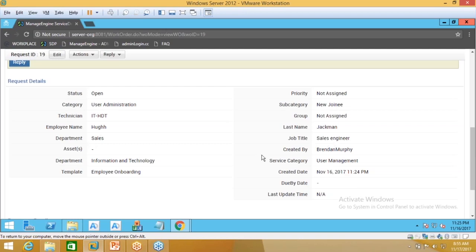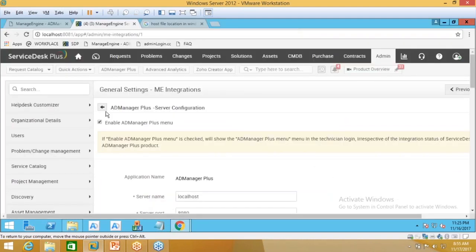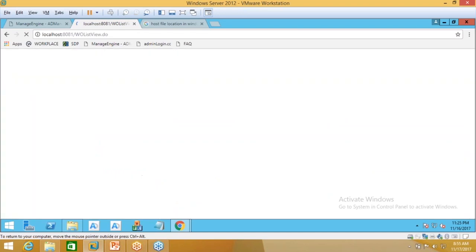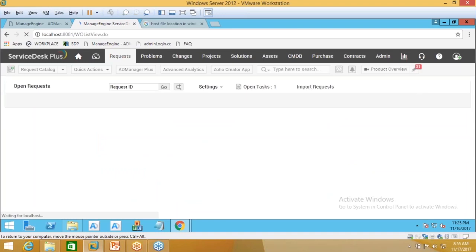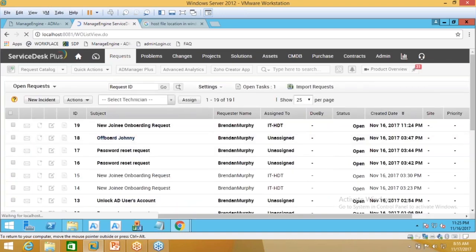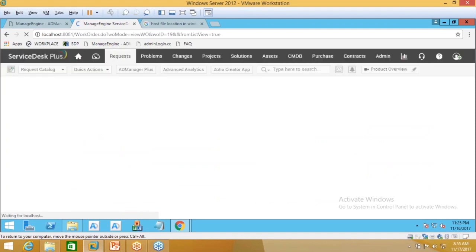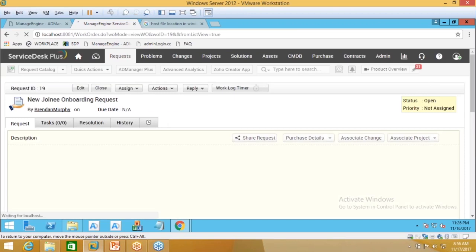But then, from the administrator point of view, ideally the administrator has to receive the request first. So that is the first step towards your IT service management. You receive requests. Post receiving the request, you look into the request, check for the data, communicate with the HR, figure out what more Active Directory attributes have to be filled out, things like group membership, things like resources being allocated. Then get back to the team, the actual team, the sales team, get inputs from the sales team for